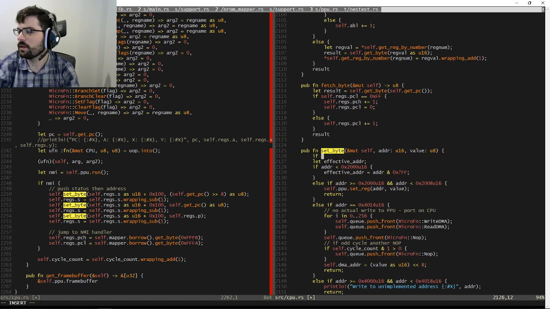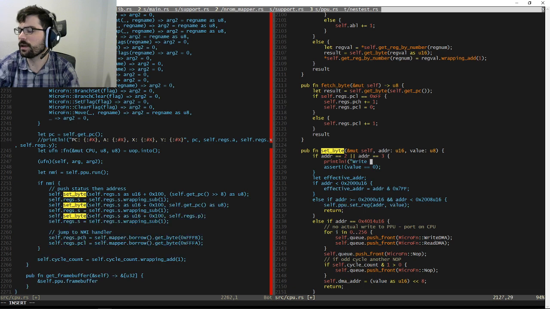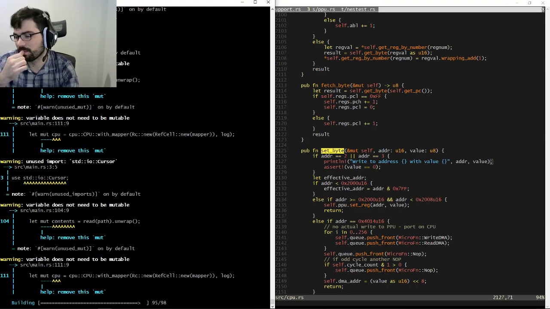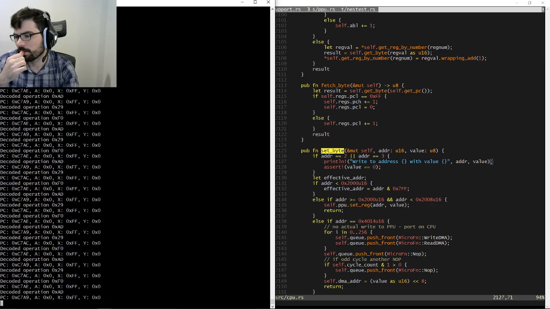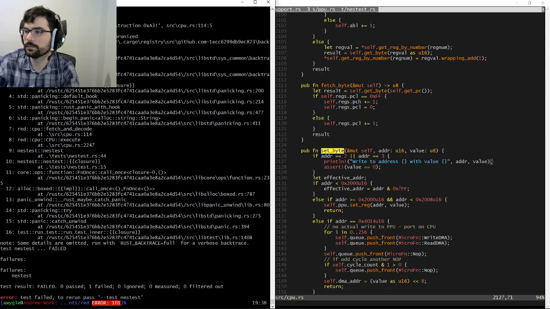If address is equal to 2 or address is equal to 3, assert value is equal to 0, print line write to address with value. Oh, that was the donkey one. My bad. Nest test. Go.